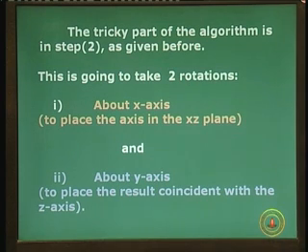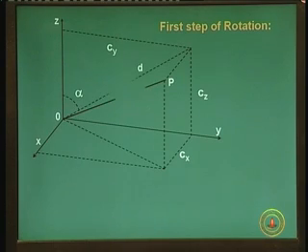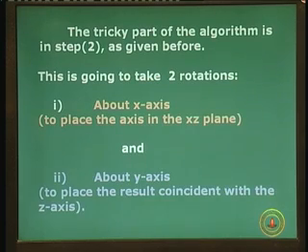Actually you can do it the other way; nobody stops you from first rotating about the y axis to place it in the xz plane, and then you can do the reverse. So, let us look at the first rotation, where we said that you need to rotate around the x axis to put it into the xz plane. Although it could be the other way around, where you first rotate about the y axis and then x, we pick x in this case.